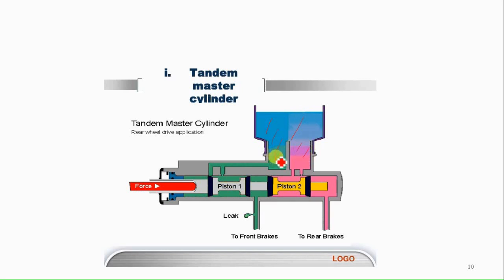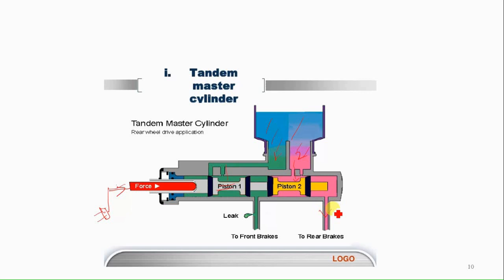This is chamber number 1 and this is chamber number 2. The chamber number 1 fluid goes into one piston arrangement, and chamber number 2 fluid goes into another piston arrangement. Here is the force, or here the pedal arrangement is. When the effort is provided from this side, piston number 1 operates independently, and piston number 2 operates independently. So if any of the lines gets damaged or leaks, in that case the other line works properly and the braking will be performed.